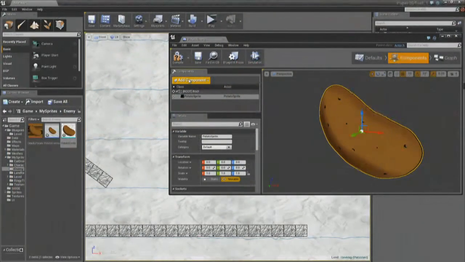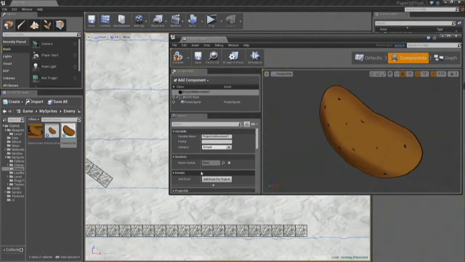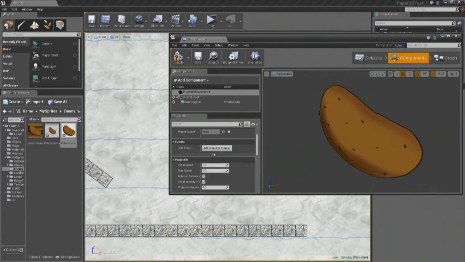Now, a Medusa head has two things that it does. It moves forward and it waves up and down. I'm totally going to cheat with the forward moving. We are going to go under our component list and I'm just going to grab a projectile movement component. This is just going to give him a